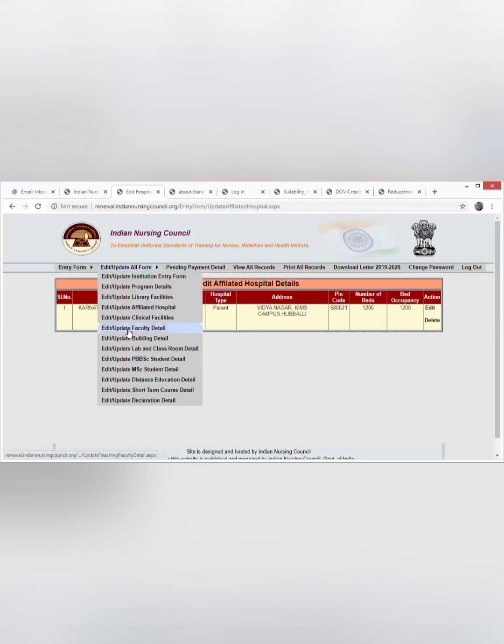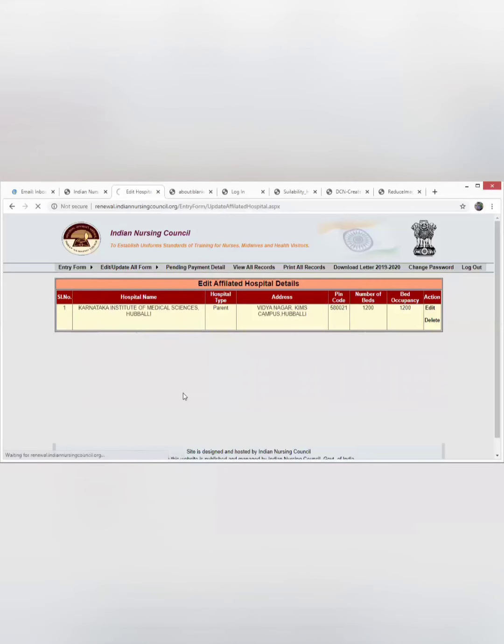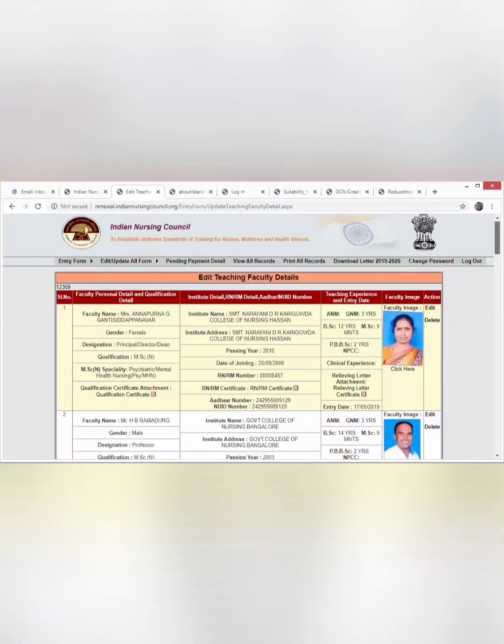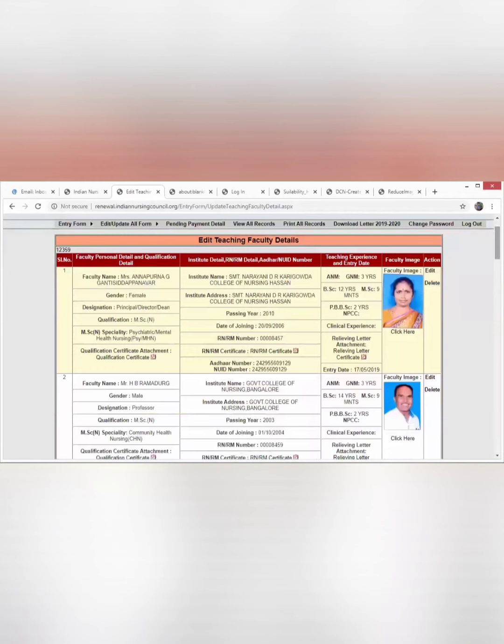If you are adding something, you can edit and also add rows. Coming to the faculty details, I think institutions have a lot of problems here. When you go to the teaching faculty, for example, Mrs. Annapurna G. Gandhi Spanavar is now retired, so she is no more with the institution.